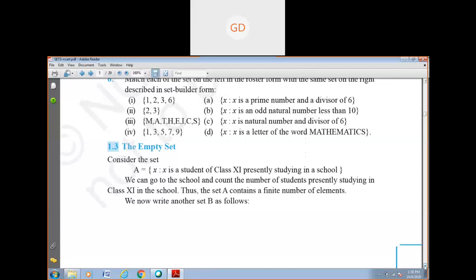Symbolically, how we can write that some element belongs to a particular set. And we have learned about representation of sets,